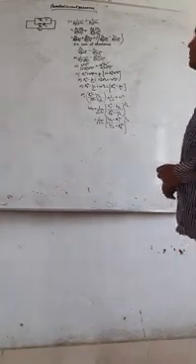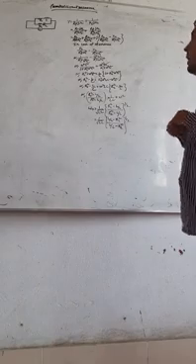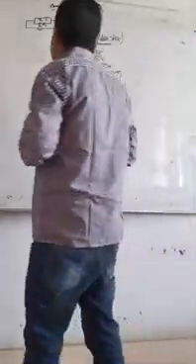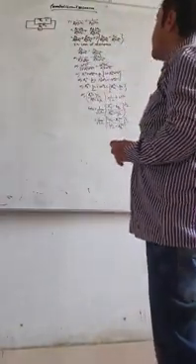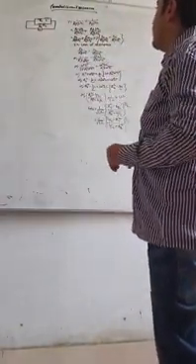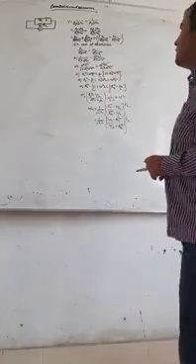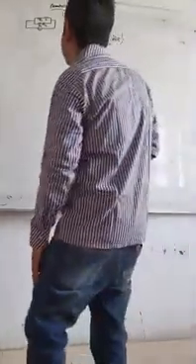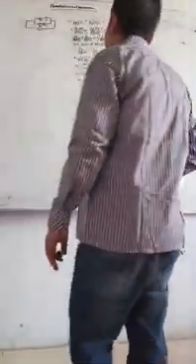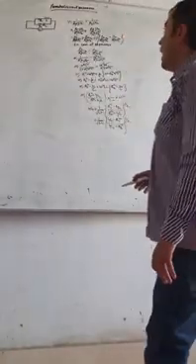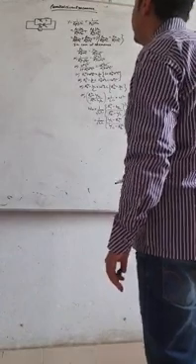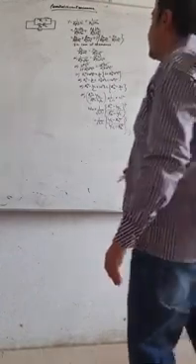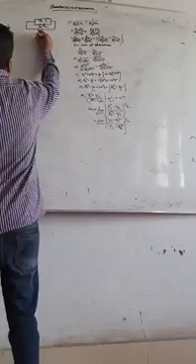Now I am going to teach you another circuit. It is a parallel circuit consisting of 4 elements. One resistor is in series with one inductor. Another resistor is in series with one capacitor, and these two series combinations are parallel to each other. So RL in series, RC in series, and RL and RC both are in parallel, connected with the AC source.